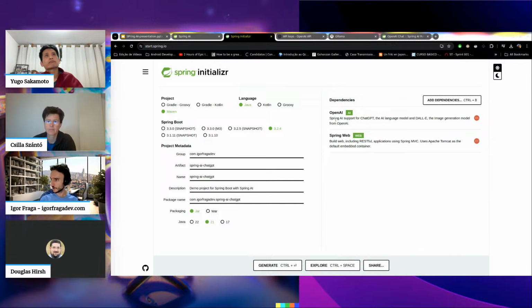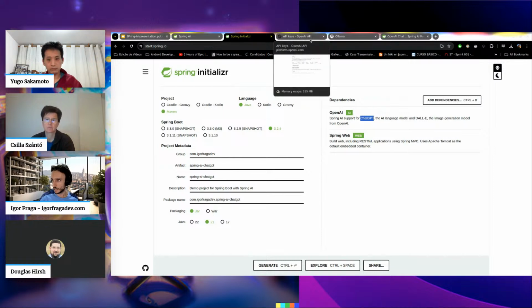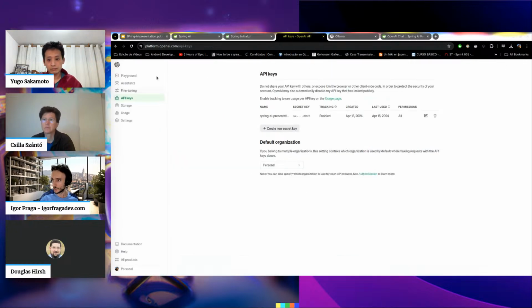Of course, if you're going to use Spring AI with ChatGPT, you need to have an account in OpenAI and generate your API keys. These calls are not free. They have a cost.